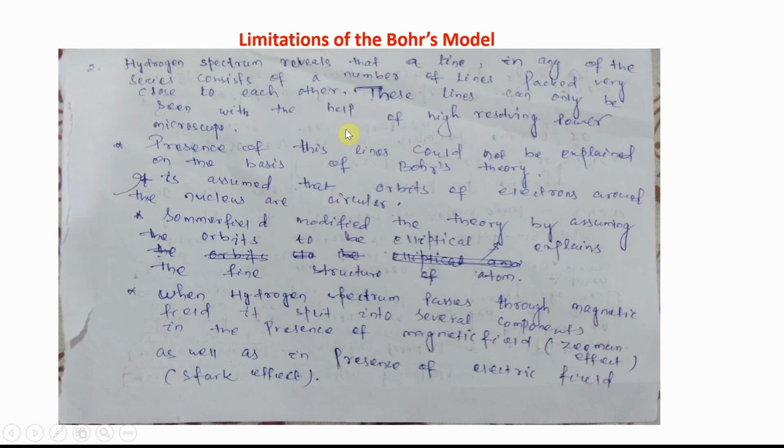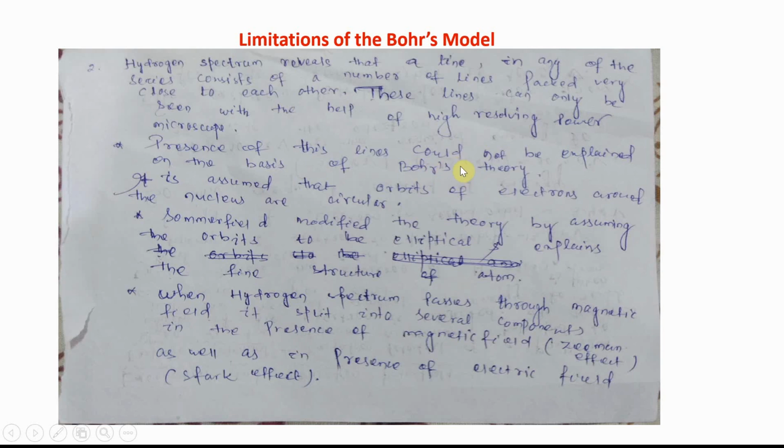That means it is not easily visible. We need a high resolving power microscope to see the number of lines packed very close to each other in a hydrogen atom. And the next thing is, the presence of these lines could not be explained on the basis of Bohr's theory. That means these fine lines could not be explained on the basis of Bohr's